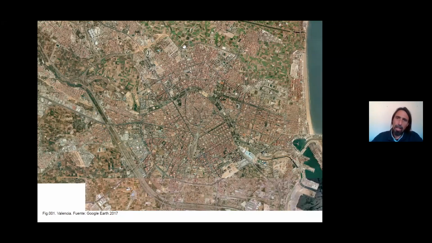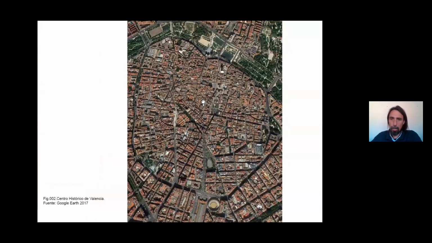So this is the city today, the contemporary city. You can see that there is this irrigated part here. There is a lot of market gardening here. So it's one of the biggest irrigated cities in Europe, in Andalusia. It certainly is the biggest. A lot of fruit and vegetables are exported. And then the Valencia region has been recognized for its wealth of market gardening and fruit and vegetable production. It's been recognized by UNESCO for this. And that is the city.